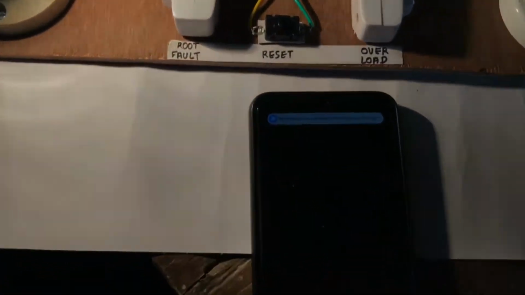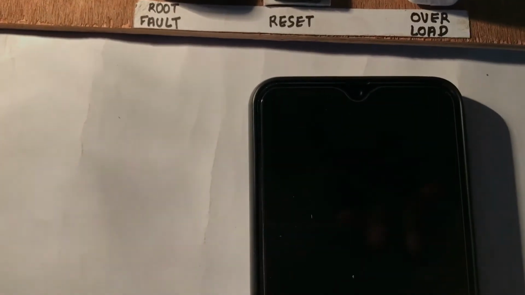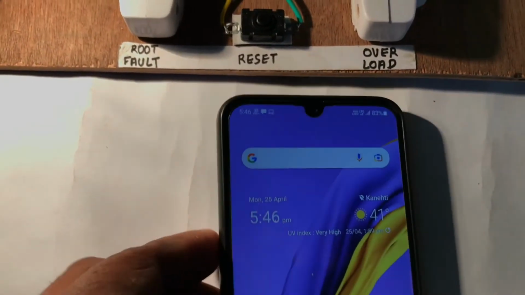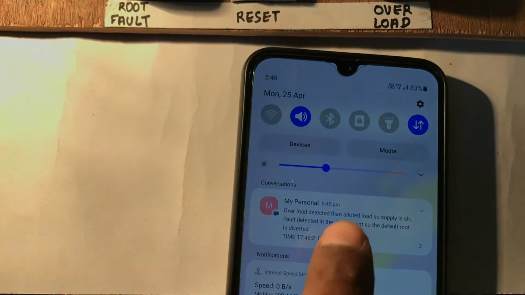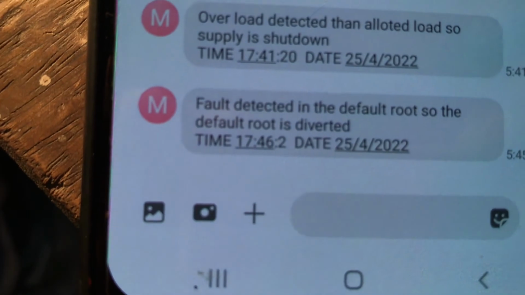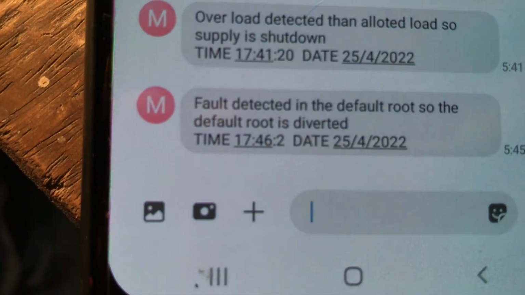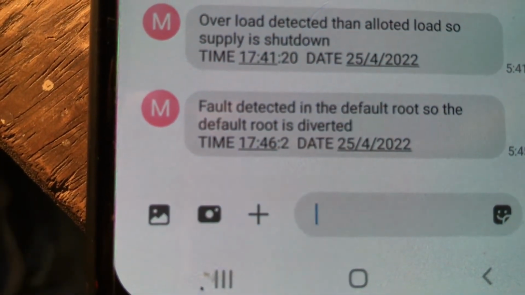Now as you can see, a message came to our mobile. Let's check what message it sent to our phone. As you can see, fault detected in the default route, so default route is diverted.